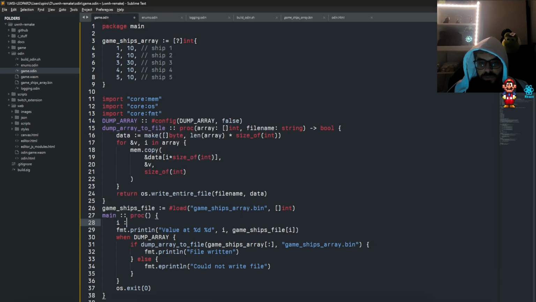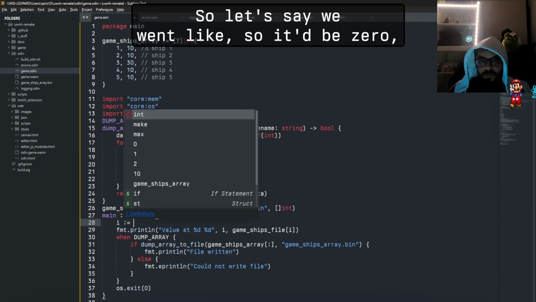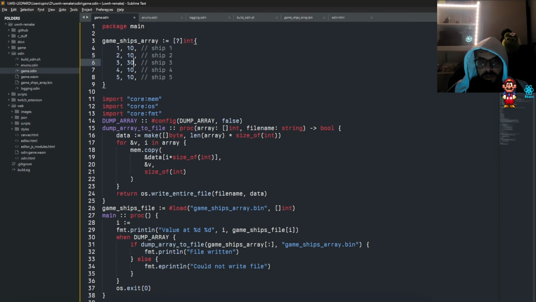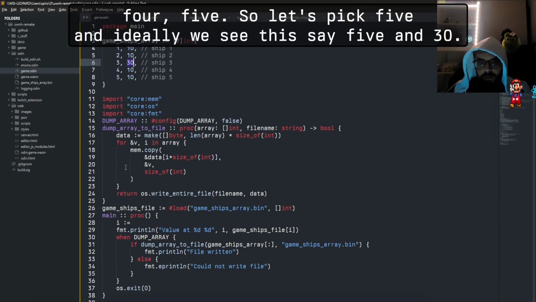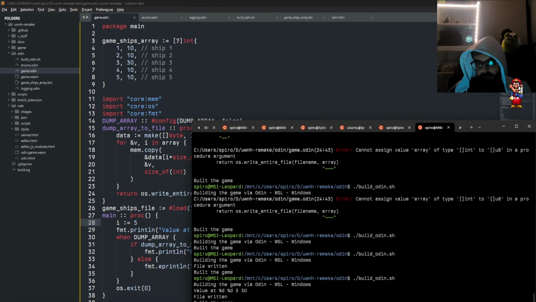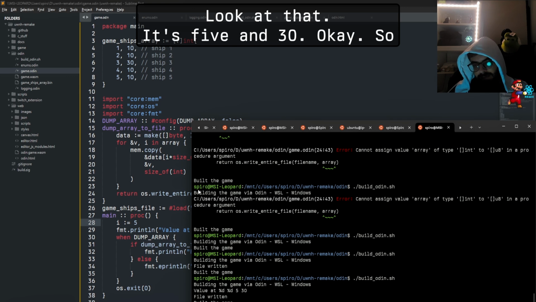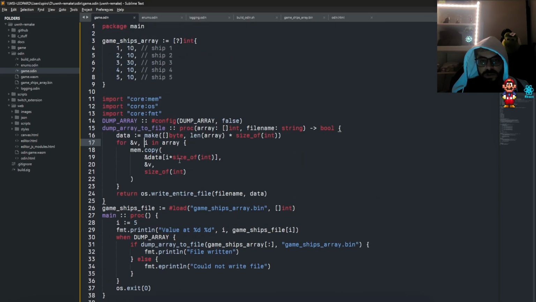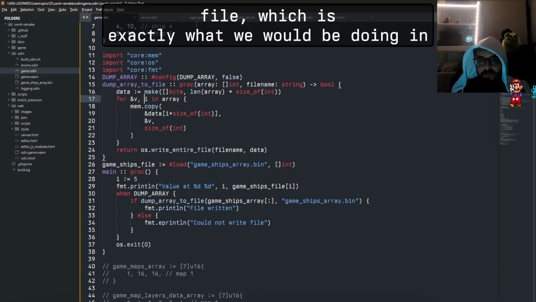So what we're going to do is just pick a random index. So let's say it'd be 0, 1, right? 2, 3, 4, 5. So let's pick 5, and ideally we see this say 5 and 30. Look at that. It's 5 and 30. Okay. So already we have a way to dump raw data out to a binary file, which is